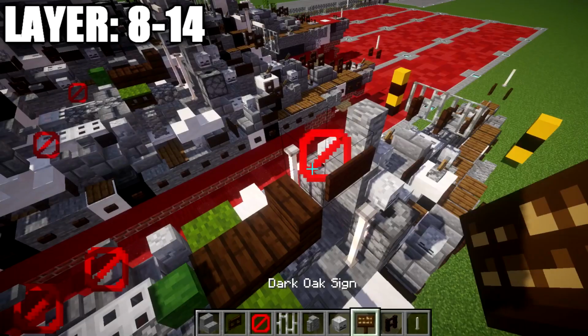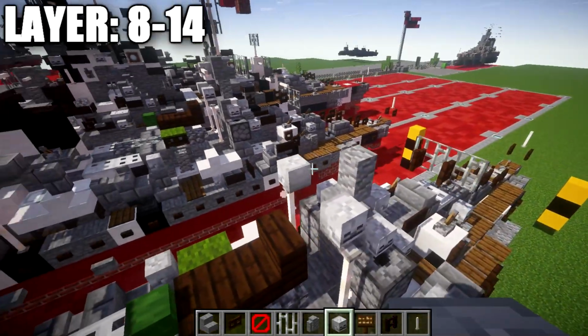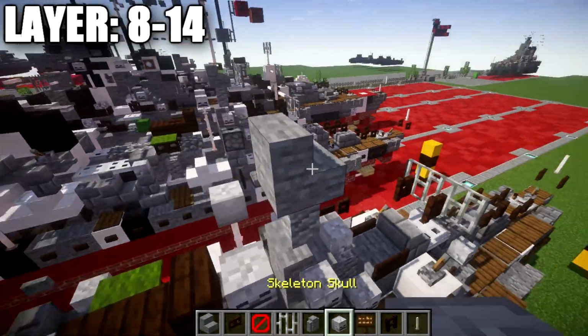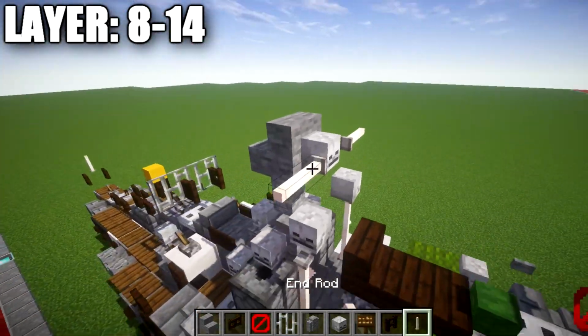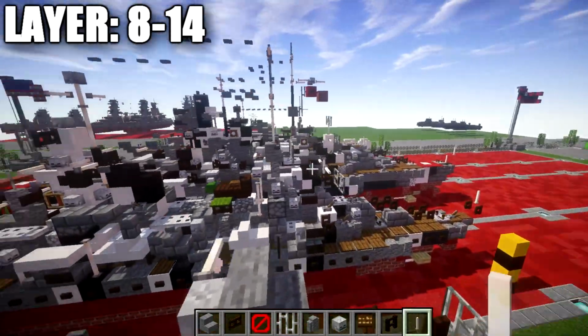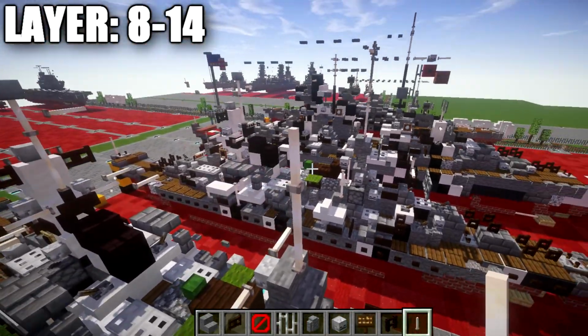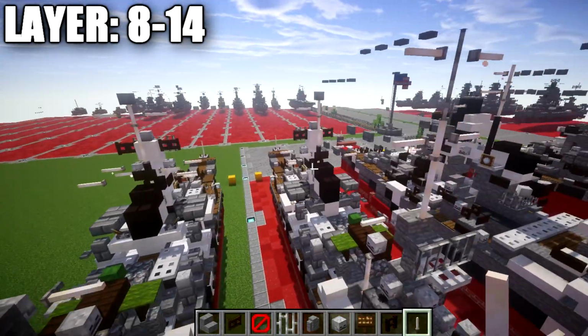We're going to place down a skeleton skull like this to both sides. And we want to then place down a stone stair on top of the andesite wall, a skeleton skull coming out the back of the stair, and then an end rod to both sides of the skeleton skull like that. And we're going to place down a row of 1, 2, and 3 end rods up. We're going to place down an end rod on both sides of this top one, and then we're going to place down